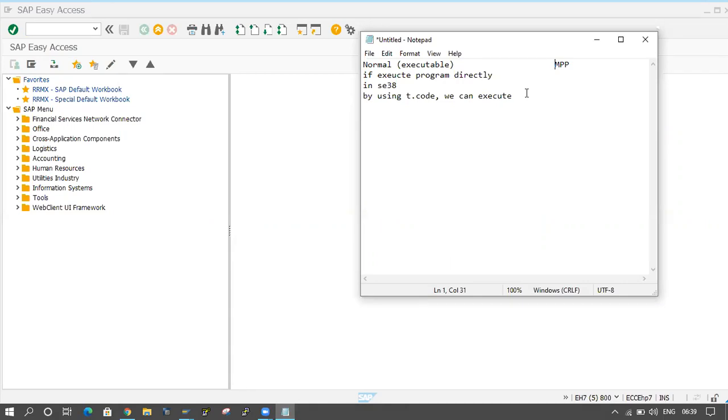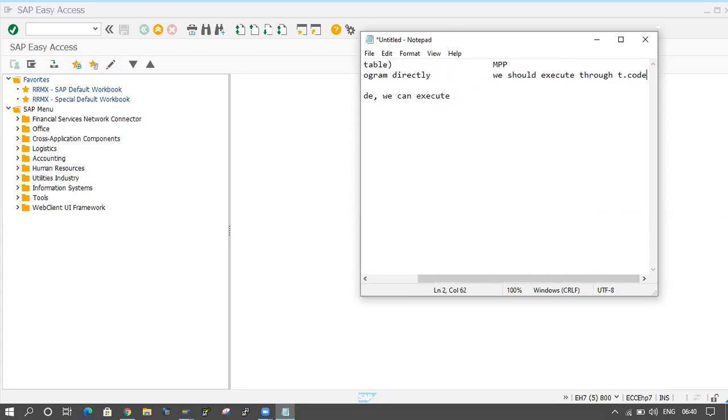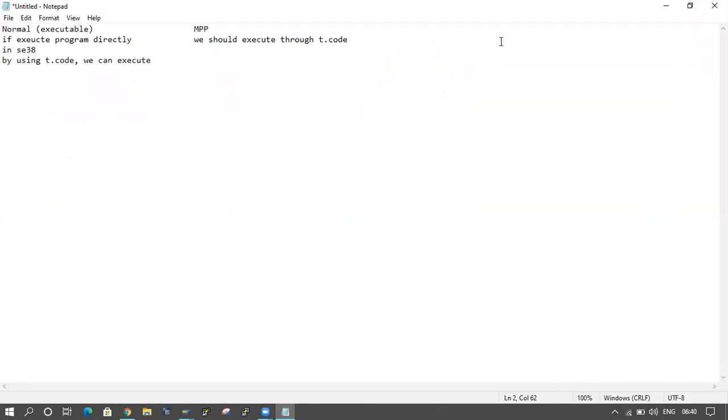But coming to module pool programming, we should execute it through a transaction code only.